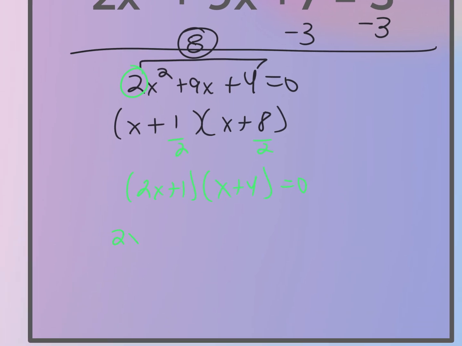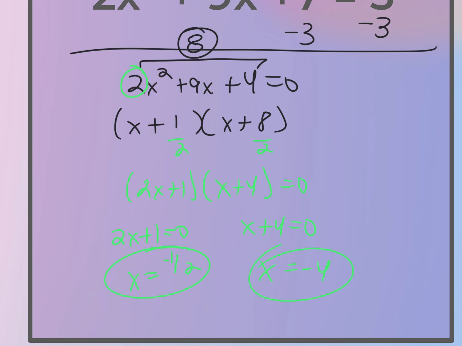Set it equal to 0. So 2x plus 1 equals 0, x plus 4 equals 0. On the left-hand side, I'm going to subtract 1 and divide by 2, so x equals negative 1/2, good. And on the right-hand side, I'm going to subtract 4, so x equals